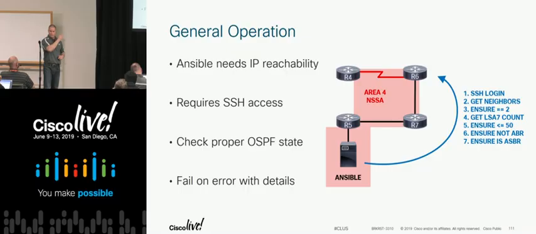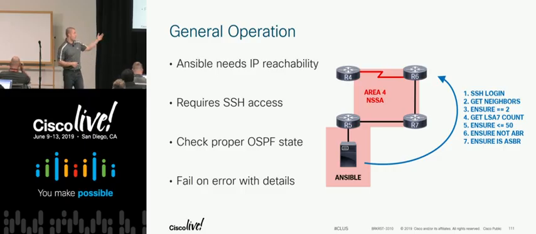So the high-level operation is Ansible needs SSH access to our devices, so I've got it hanging off the server VLAN in my network. It's going to SSH into a router, and then you can see in the blue just the high-level operation. It'll log in, it'll run some show commands, it'll parse the output,